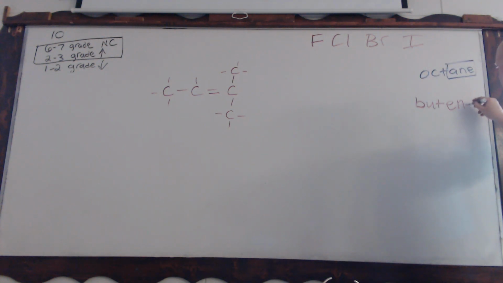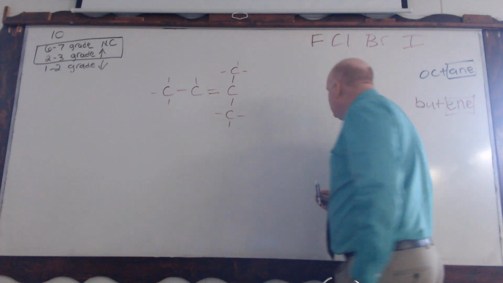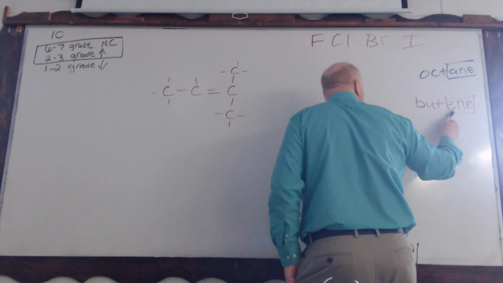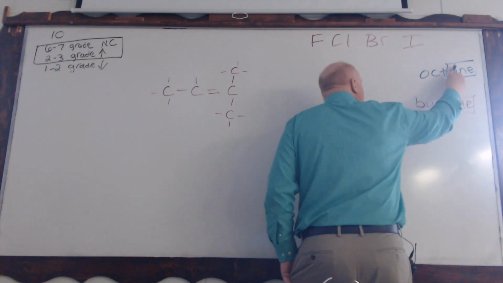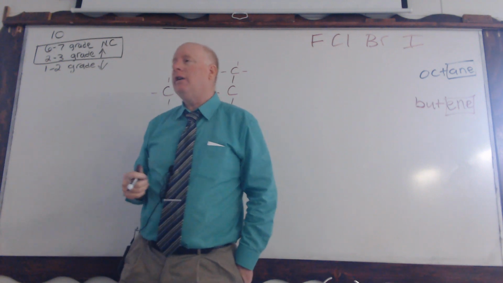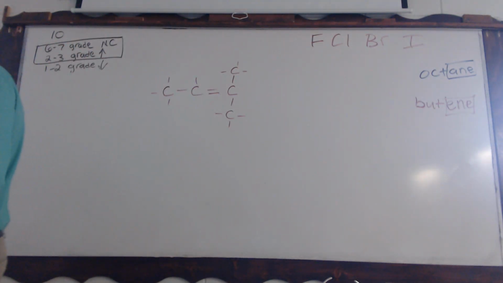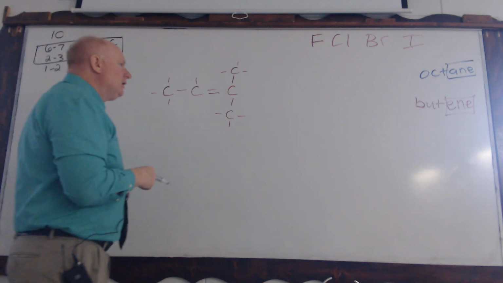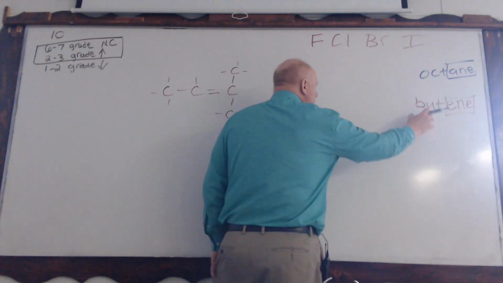Okay? And once we've changed that organic family, this has to be tied with numbers. That does not, because alkanes are saturated. Alkenes are unsaturated. So what that means then is we've established that this is butene,